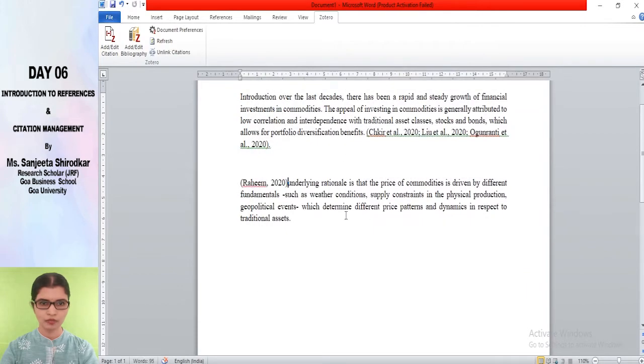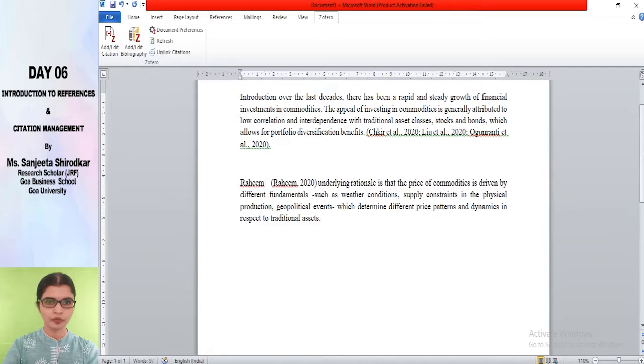Now as I told you, if you are mentioning the name of the author before the beginning of the sentence, then you are not supposed to put it in this format. So go highlight on this. Okay, you know that it would appear like this. So what you do is